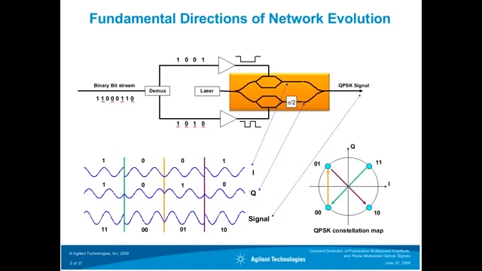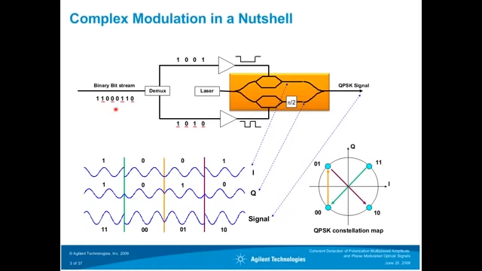So, very briefly, how complex modulation really works. All you want to do, of course, is transmit a binary bit stream. In the case of a QPSK signal, which is depicted here, the binary bit stream is demultiplexed into two bit streams, each at half of the bit rate. So there's a bit stream up here and a bit stream down there. Then there is a laser that serves as a carrier for the transmission of the signals. Then the binary bit stream is amplified, so you have an analog signal.